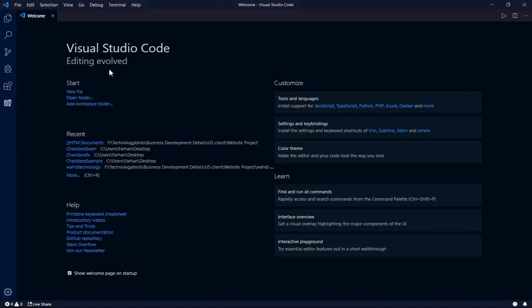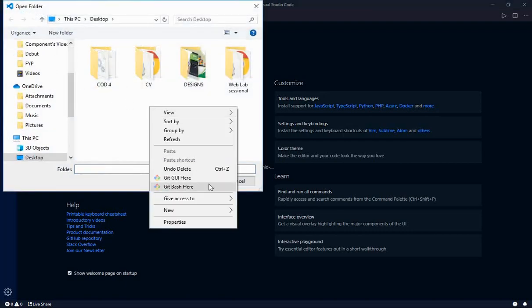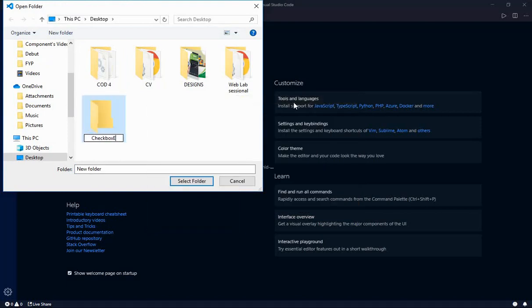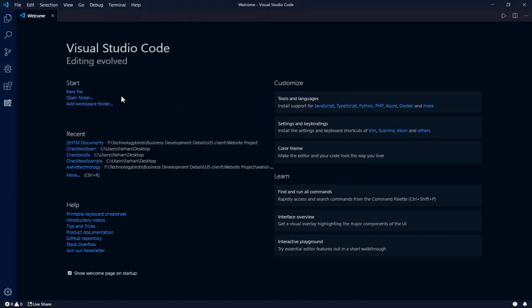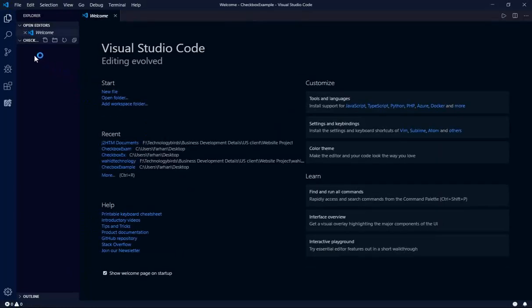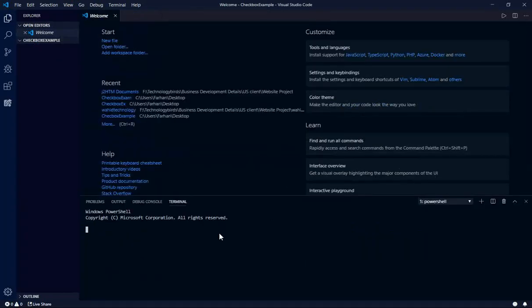Step 1 is to clone our J2HTML Git repository on Visual Studio Code. For that, go to File, click Open Folder. Let's create a dummy folder. I'm giving it the name Checkbox Example. Select the folder and open it in Visual Studio Code. Currently, the folder is empty. Go to View, click Terminal, and continue with the cloning process